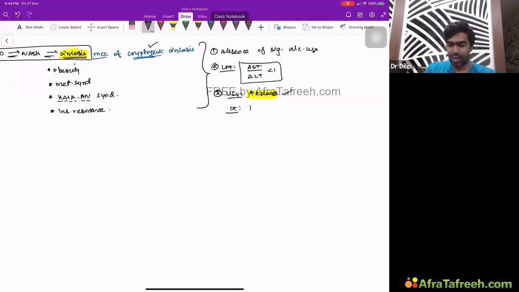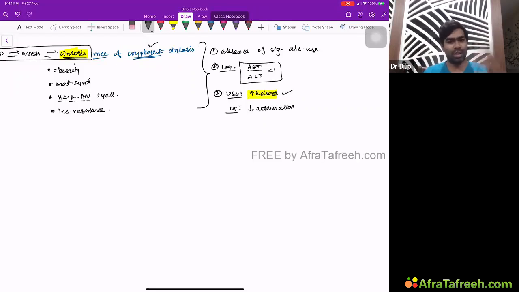And in CT, you will have reduced attenuation. To what should you compare? You compare with the spleen. When you compare the splenic attenuation versus the liver attenuation, the liver and spleen usually will be the same. In CT, if you have a lesser liver attenuation compared to the spleen attenuation, that is abnormal and is considered to indicate more fat.